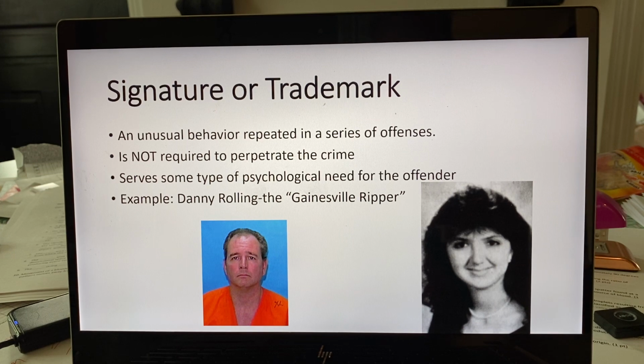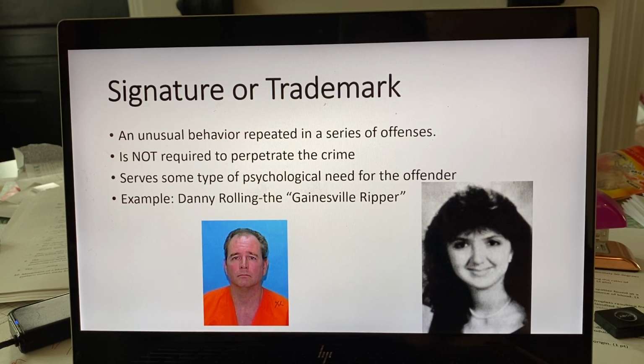And I don't have the exact count of who he killed. I encourage you to look that up. But his first victim was this young woman whose name was Krista Hoyt, or Christina Hoyt. I have to check on that. But